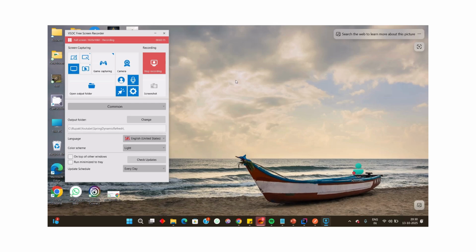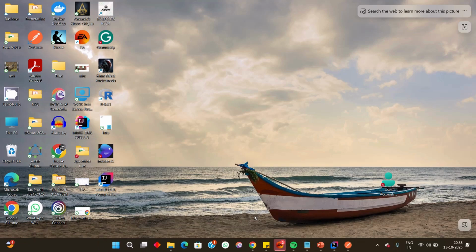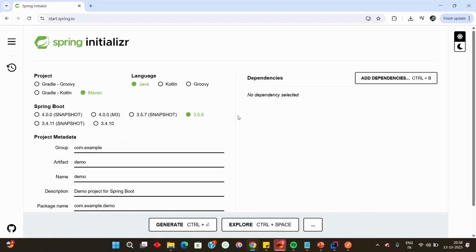Okay, so we are going to create two microservices. One will act as a config server, and one will be acting as a config client. The config client is nothing but a microservice which leverages the config server. It can be anything, like you can think of it as a user service or an inventory service. So let's first create the config server